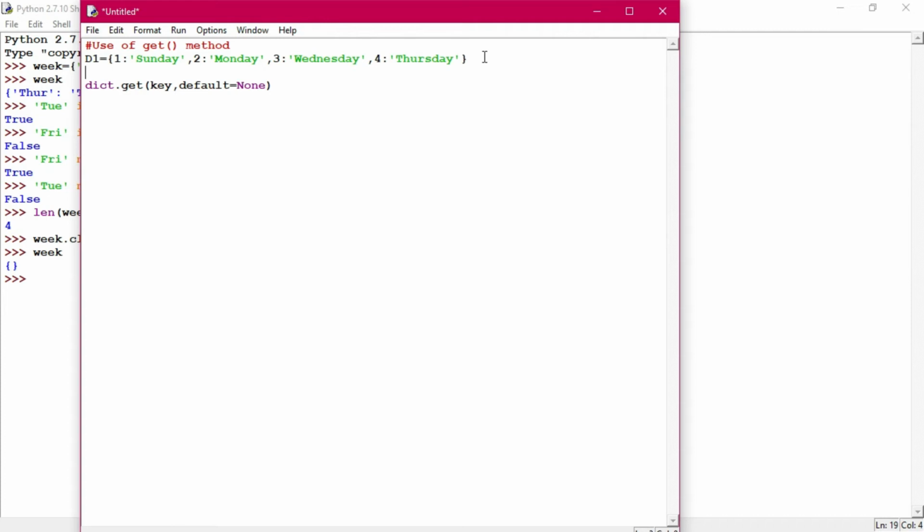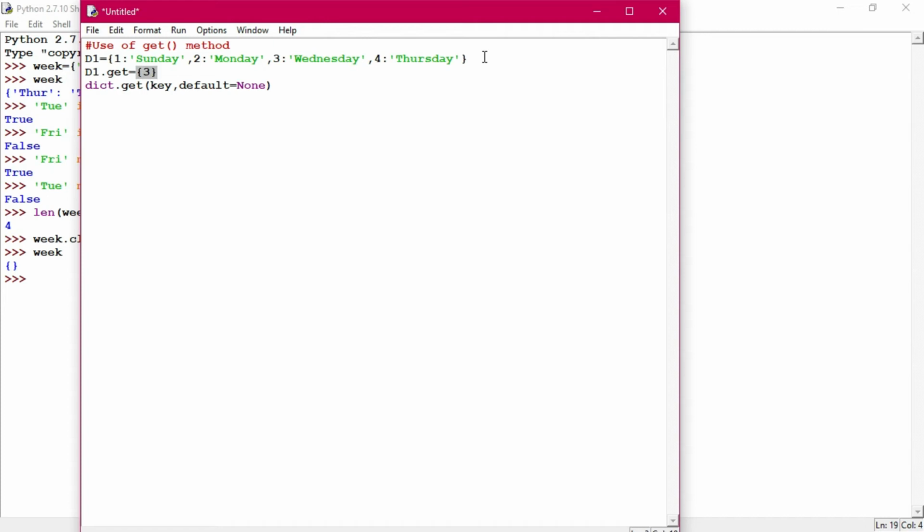Now what will you do? d1 is the dictionary, d1.get, what is the thing? Here we are writing 3.